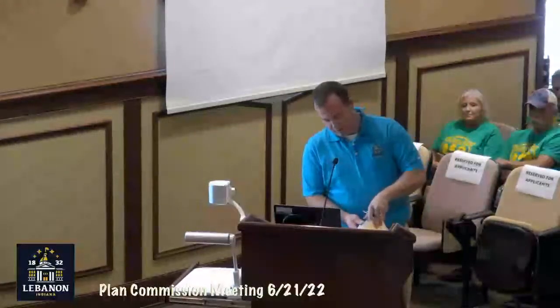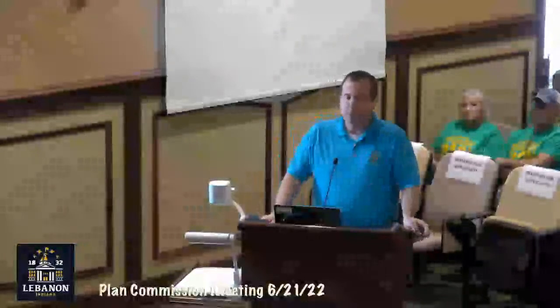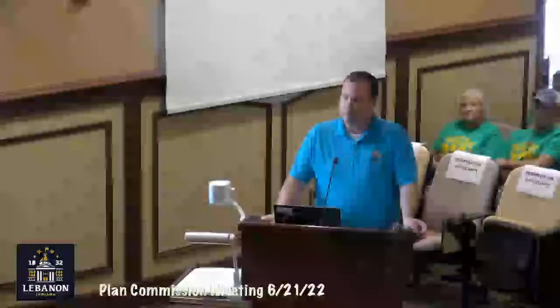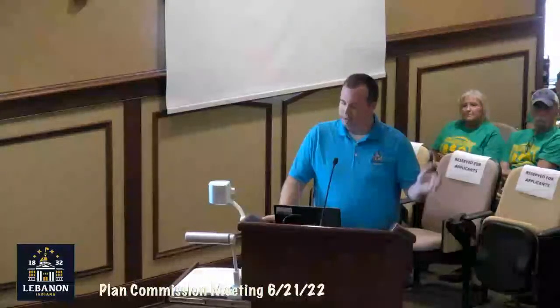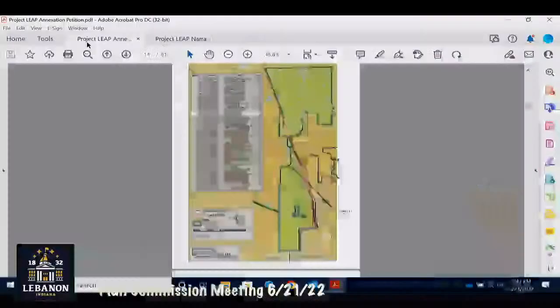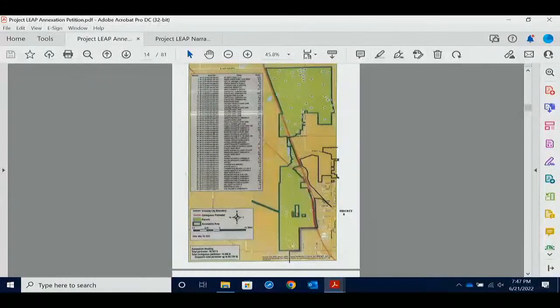What we have received in terms of the annexation petition indicates we should be reviewing the exhibits that are provided by the applicant. If they want to pull the screen up, I'll show you the map of the annexation area, and it is spread out a little bit here. So before the Common Council considers an ordinance for annexation,